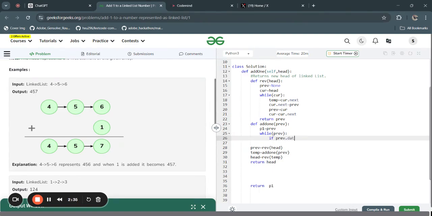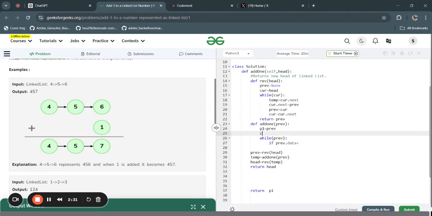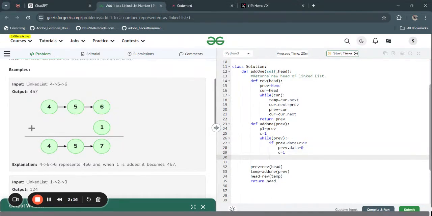If the value of the data, take the carry as 1 initially. If the value of the carry is greater than 9, set the data to 0 and the current carry to 0, else